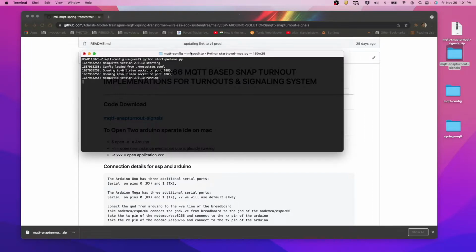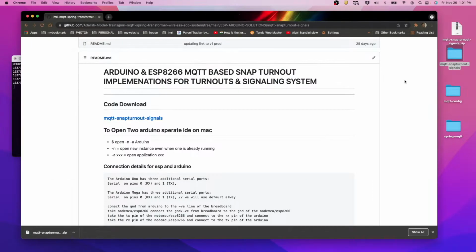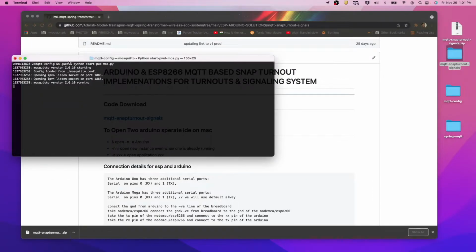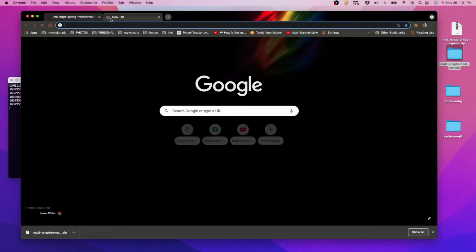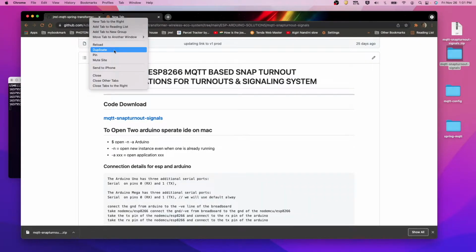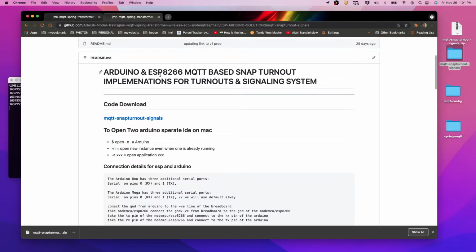Our MQTT is up now, and in our earlier tutorial I have already explained how we can set up the MQTT server on Linux, Mac, as well as on a Windows machine, and how we can integrate it with the GMRI, and how we can download the transformer application.